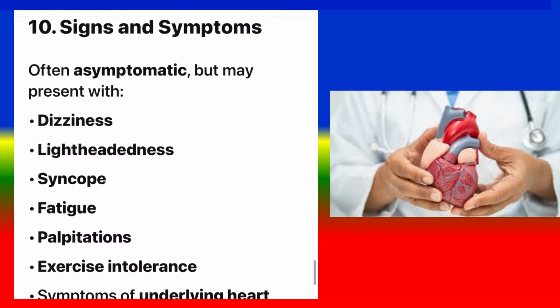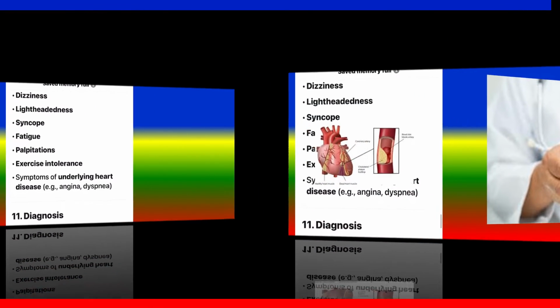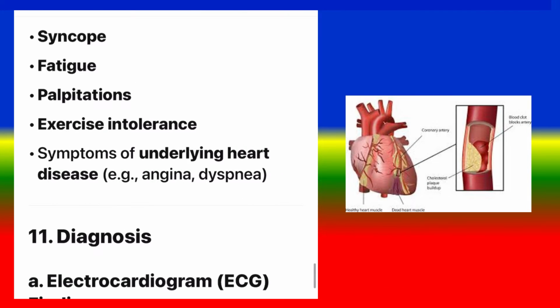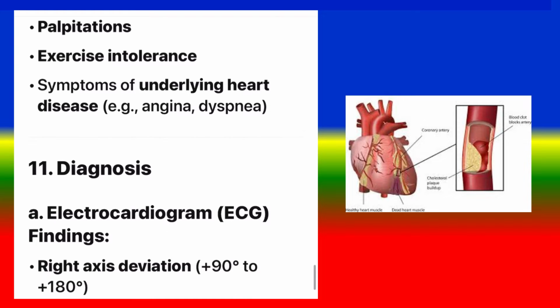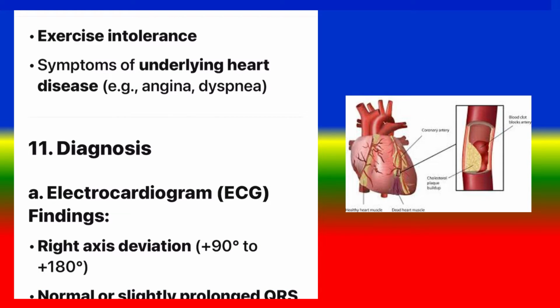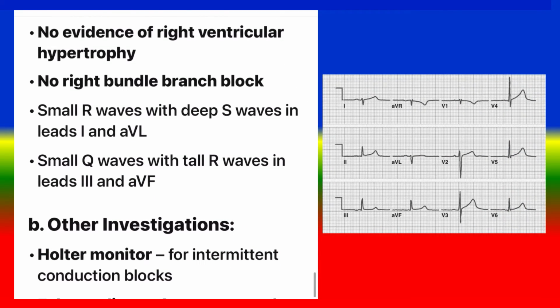10. Signs and symptoms. Often asymptomatic but may present with dizziness, lightheadedness, syncope, fatigue, palpitations, exercise intolerance, symptoms of underlying heart disease, e.g. angina. 11. Diagnosis. Electrocardiogram, ECG, findings: right axis deviation, 90 degrees to 180 degrees, normal or slightly prolonged QRS duration, under 120 milliseconds, no evidence of right ventricular hypertrophy, no right bundle branch block,